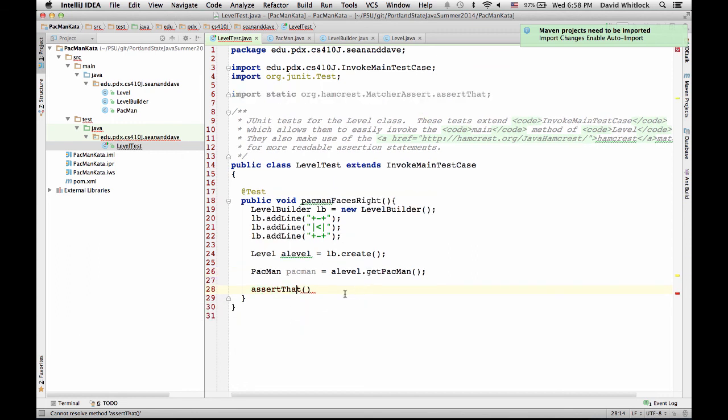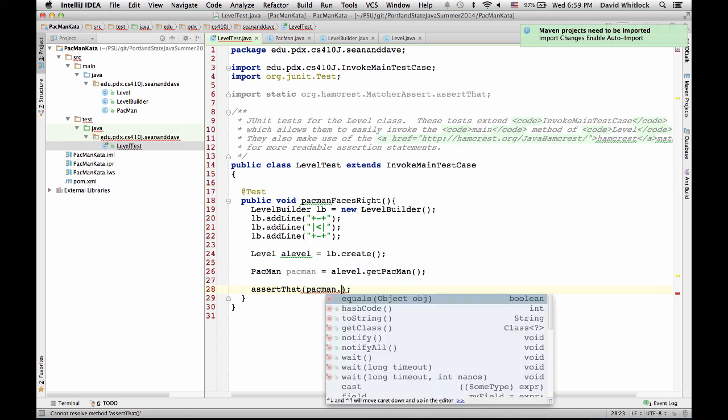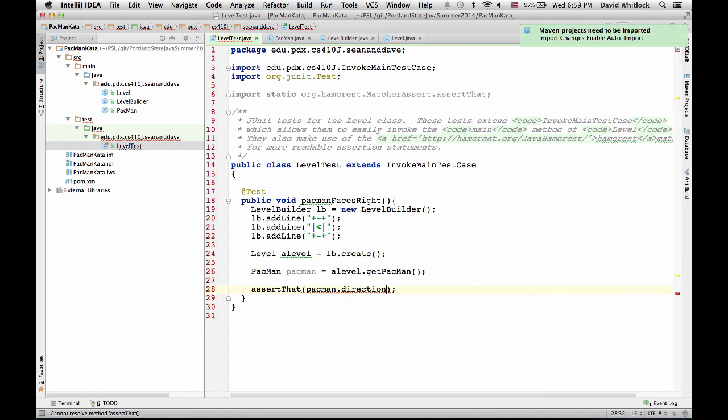It's weird, it's part of JUnit, but it's not part of JUnit. So Pac-Man direction, I probably want getDirection, right? That's probably a method. Do we want to create an enum for that? Yeah, I think we do. And then equal to.